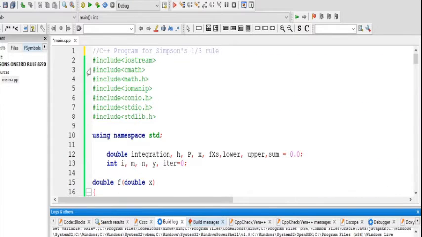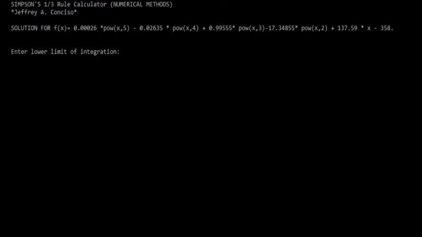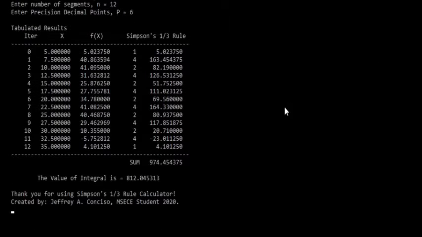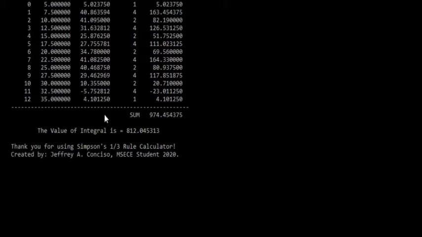So let's take one problem. Let's build and run this program. Okay, so we are prompted to enter the lower limit of the integration for the exercise 2 problem number 6. The lower limit here is 5, and then the upper limit is 35. The n is assigned as 12, and we will assign precision as 6, and we will have the output of the value of integral is